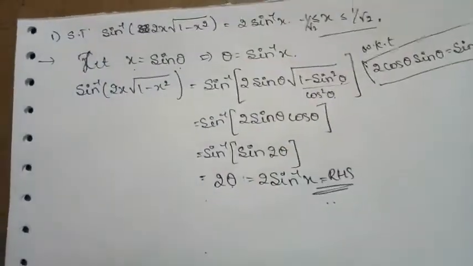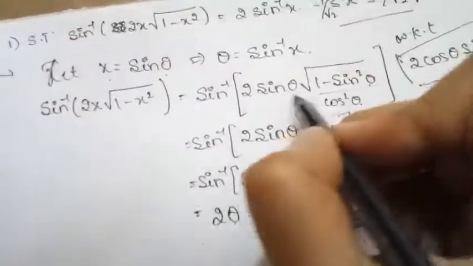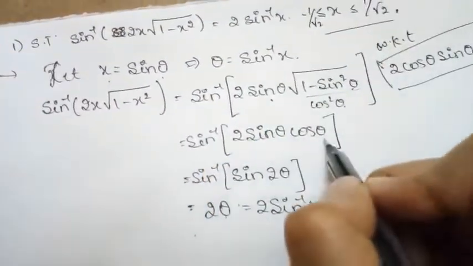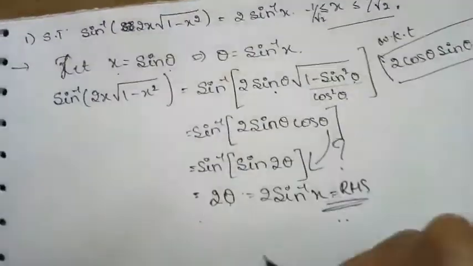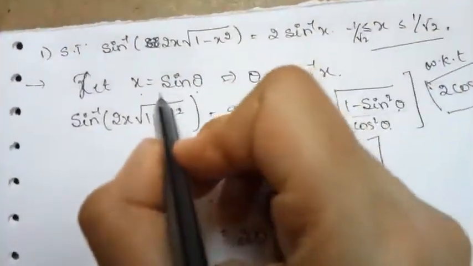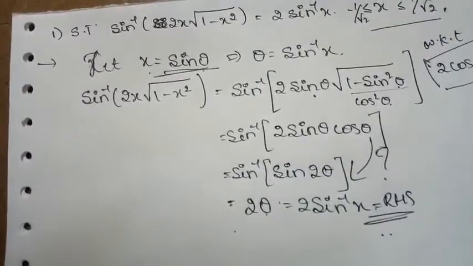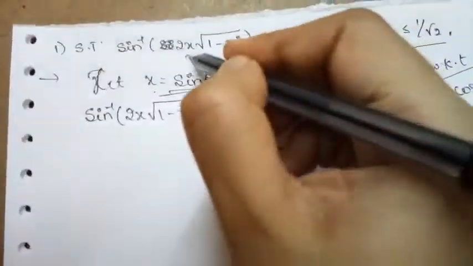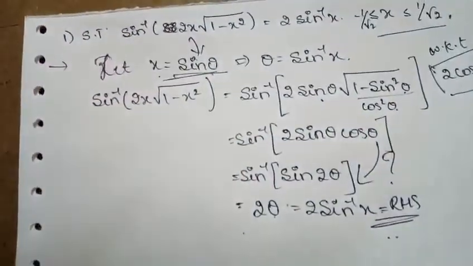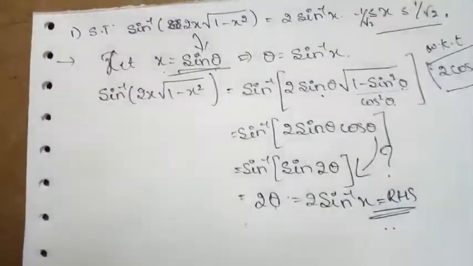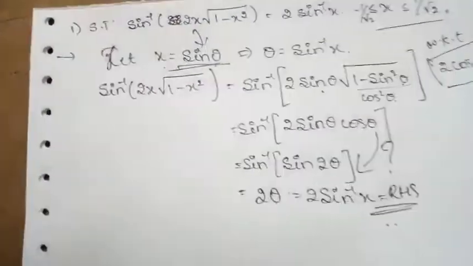So like this we are going to prove. So why did I take sine theta only? I think you might have got the answer here. Why did I choose sine theta only? Why can't we choose another property? Why did I choose this one? That thing comes to you people only by practice.